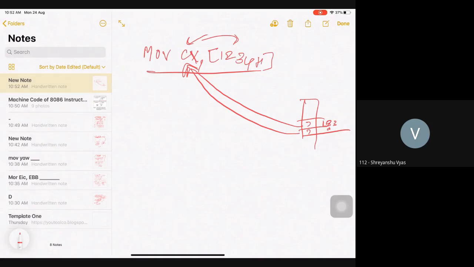CX is 16 bit, so not only 8 bit, but the next location 1 2 3 5H also will be copied into CX, and my 16 bit data will get copied into CX. So what does this instruction do? Data will be copied from this memory location to CX. This is clear?